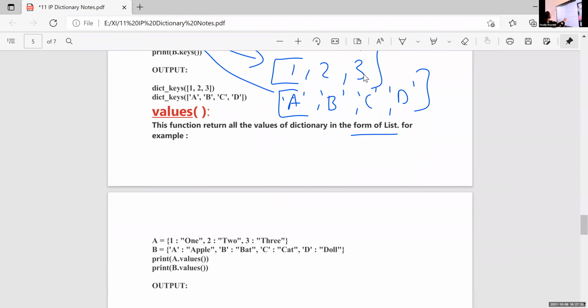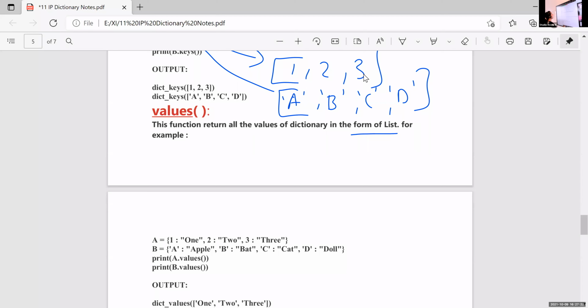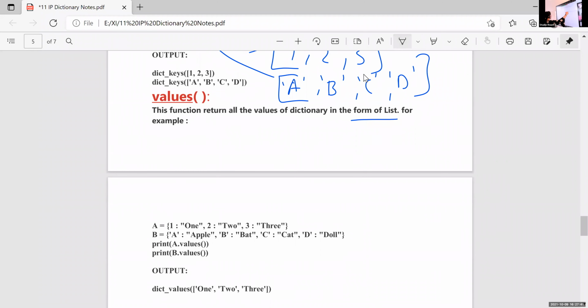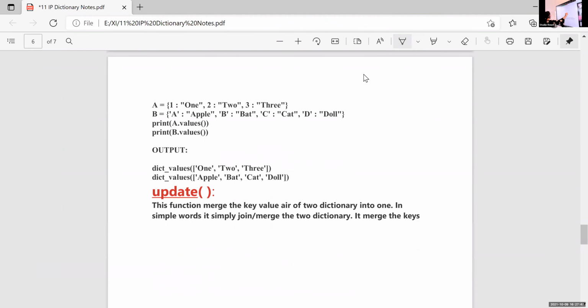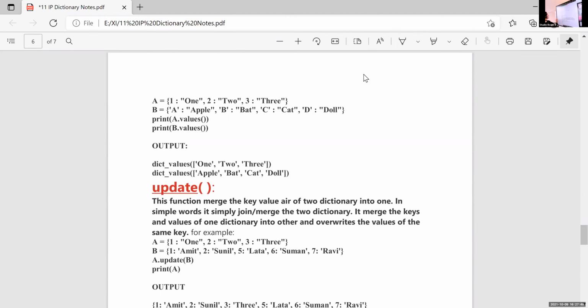So values, this function returns all the values of the dictionary in the form of a list. That is, it will display 1, 2, 3. And if the question is b dot values, it will display apple, bat, cat, and dog. All these are built-in statements.